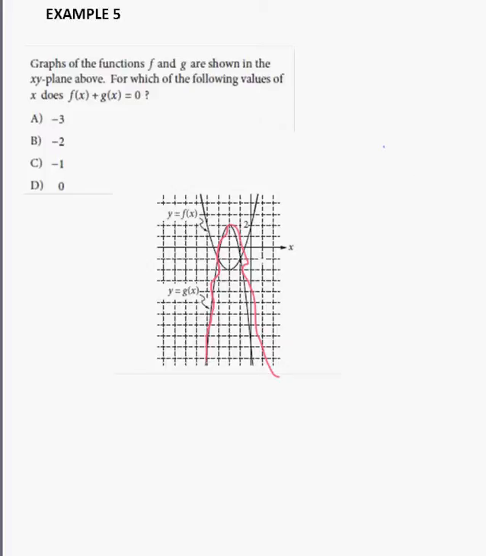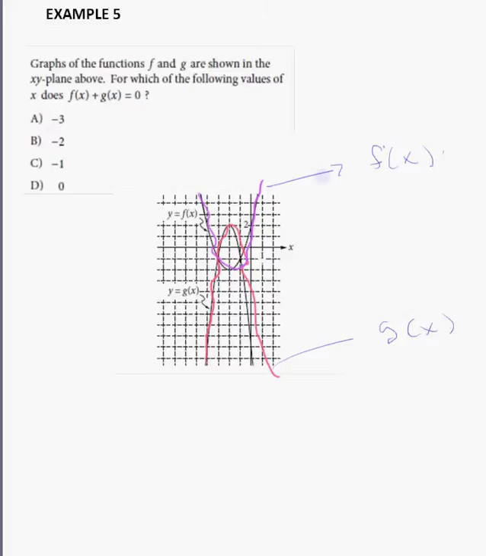And then I'm going to take another color. Hopefully that will be able to help us. And this is our f of x right here. F of x like that, like this. All right. So we have our g of x and then we have our f of x. Right. So this function here is actually our f of x, and this function here is actually our g of x,